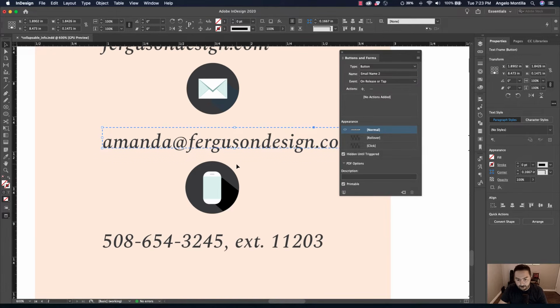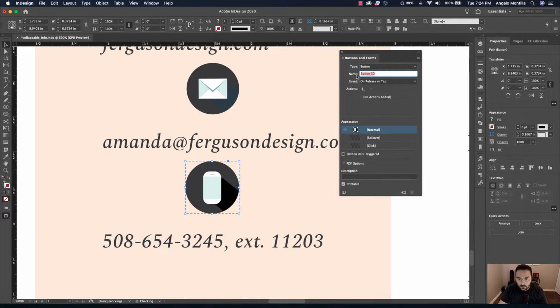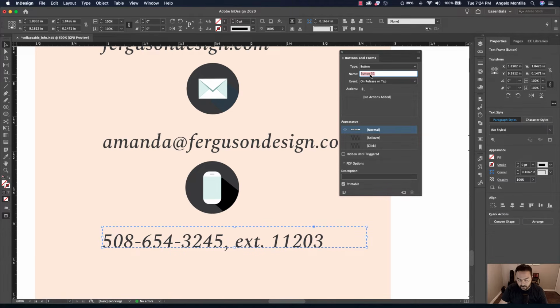Hide that. Mobile phone, let's just say mobile icon 2. Hide that. And finally, let's create a button for the phone number. So phone number icon, and let's hide that.